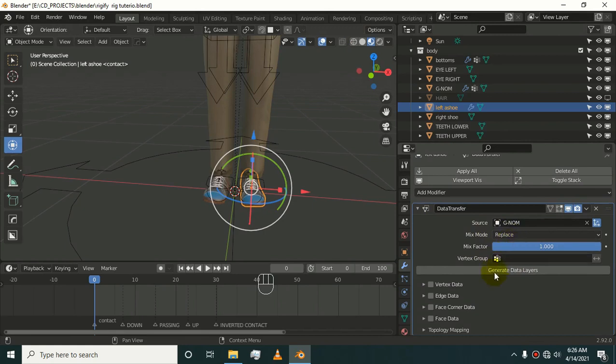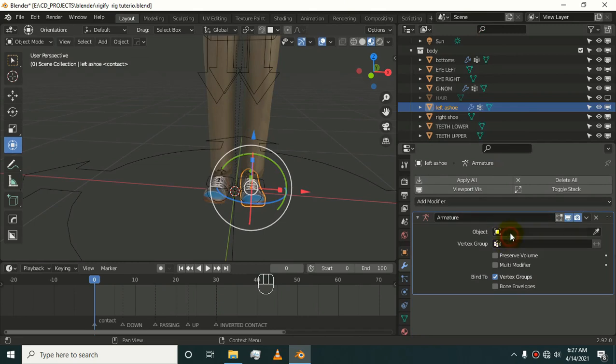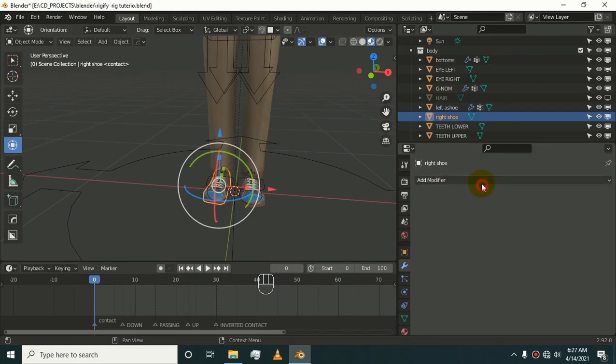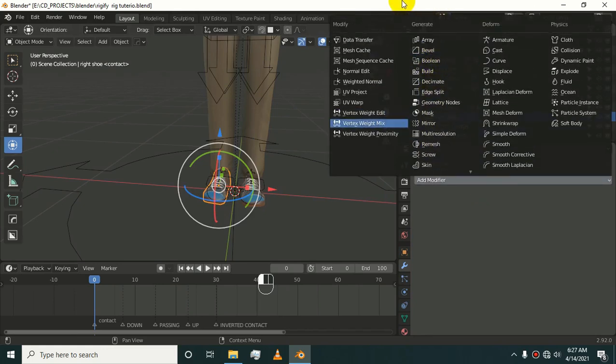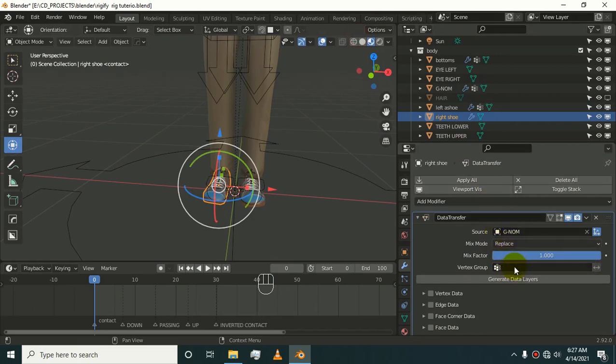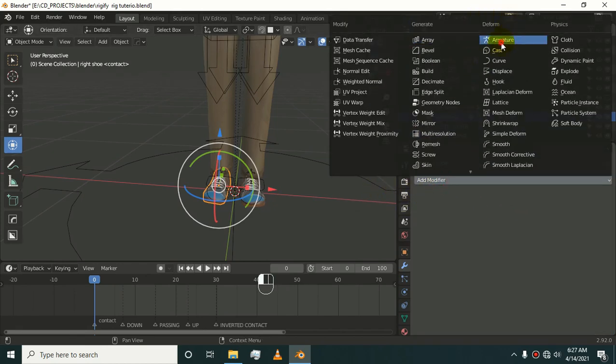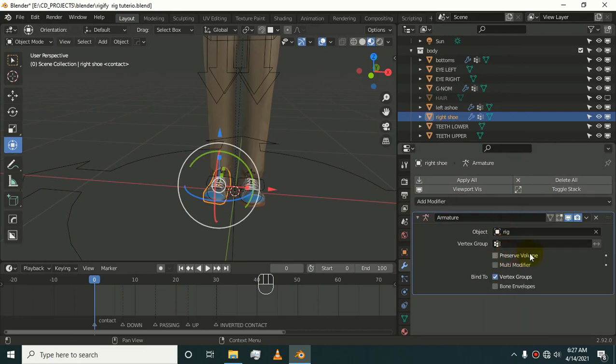Add source as genome, vertex data, vertex groups, generate layers, apply, and in the same way add an armature modifier and add the rig. First I will do this for both of them. So data transfer, source as our genome, vertex data, vertex groups, generate data layers, then apply, and then add the armature modifier, rig.